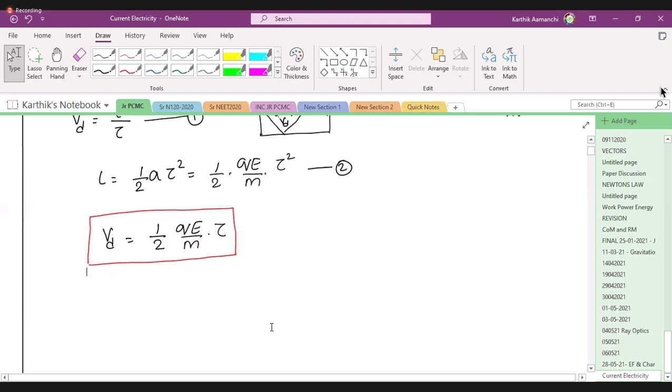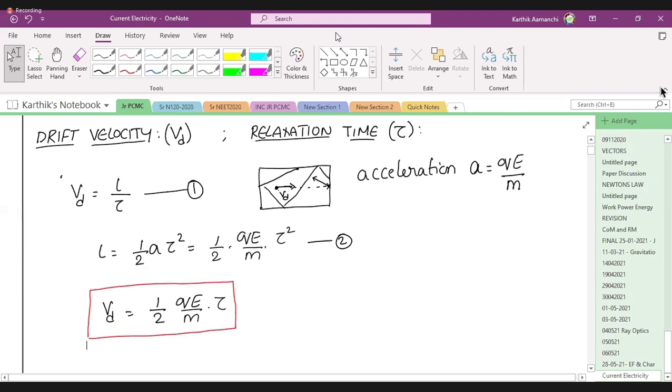Don't worry, we will learn it in modern physics. At that time you will study it, and I'll also tell why dual nature of matter and radiation, and why your speed increases when your electric field increases. Clear? Any doubt in this? Until this you have understood?